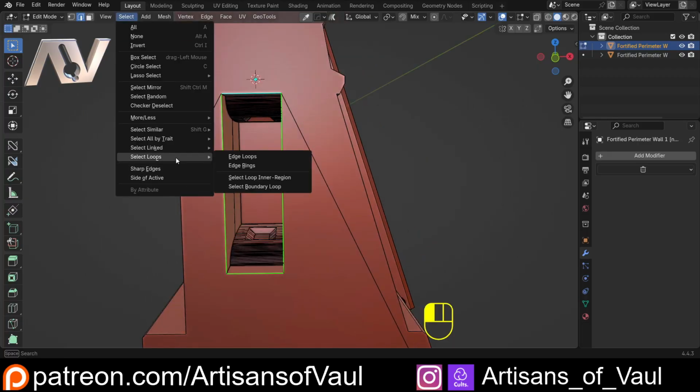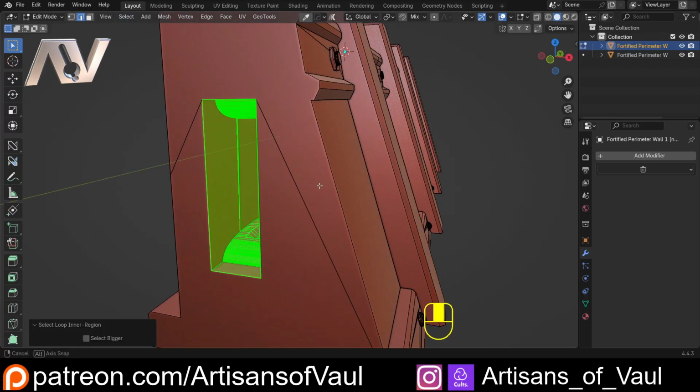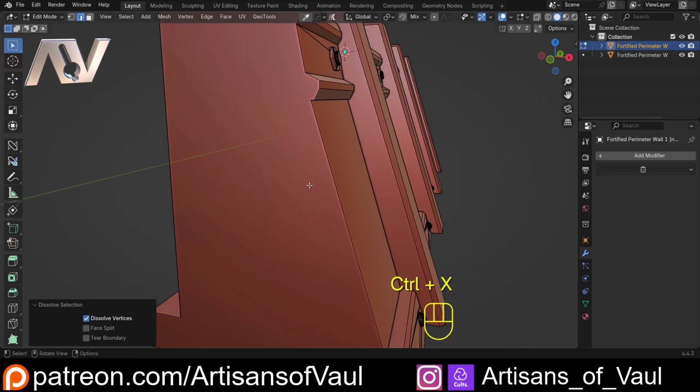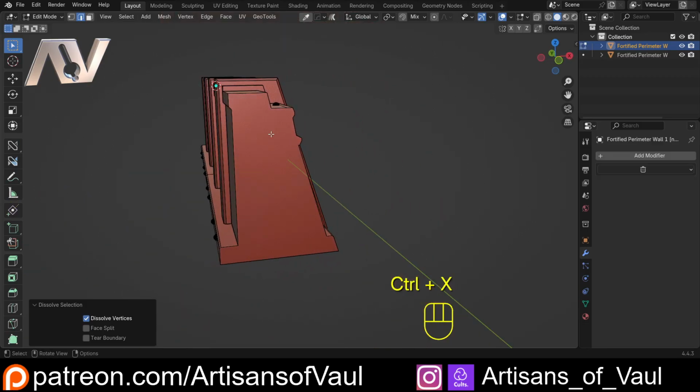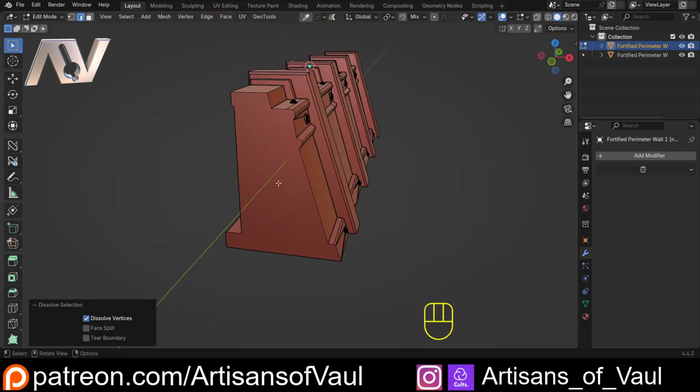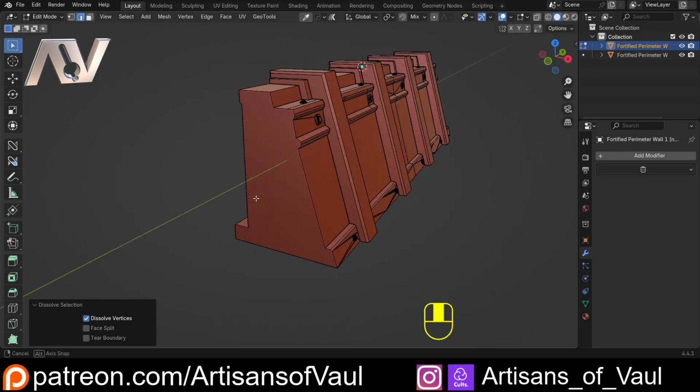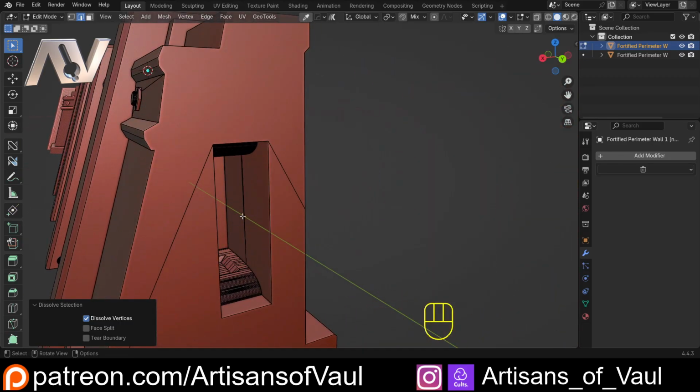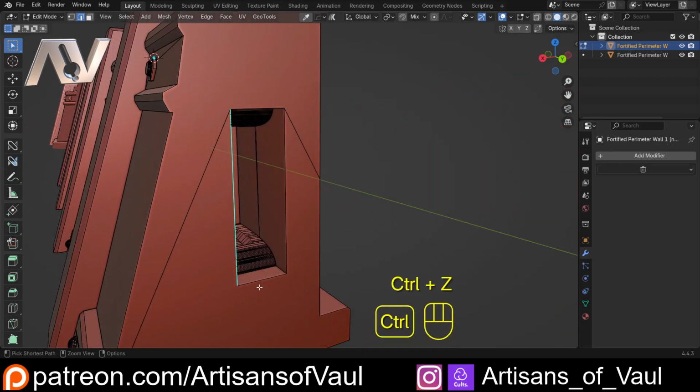Select loops, and select inner loop region, and if I hold Control and hit X, that's going to dissolve that, and Blender works out, well, yes, there's a flat face here, so we want to get rid of this. So that's our first option. The other way we could do this, we'll come and do this on this one, is we could click exactly